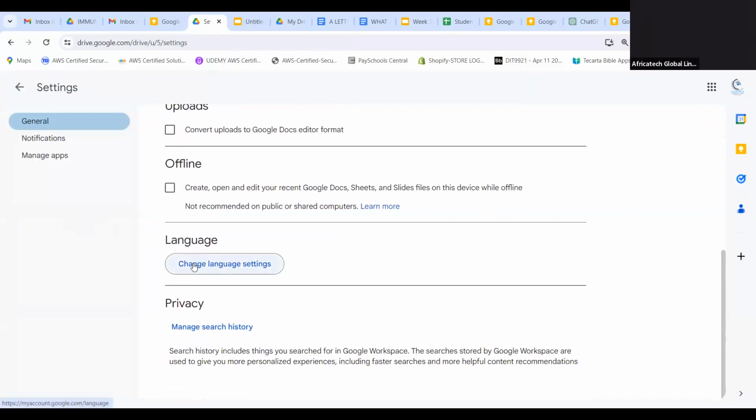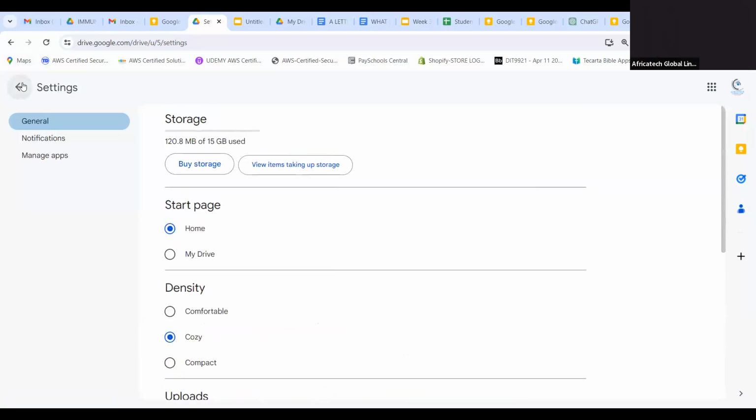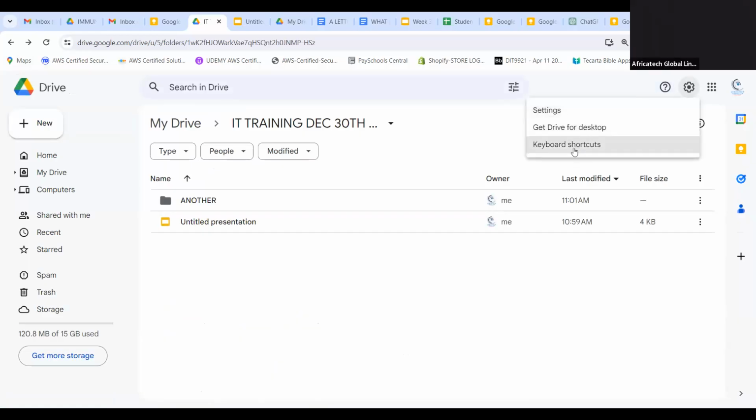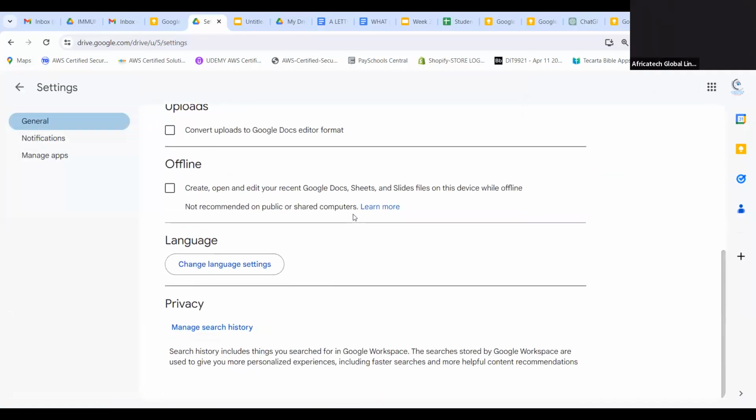Change language setting. You see here. Samasi is right. I think you go to... You see what I did? I went here. Just look at my computer right now. I'll show you. I went to settings. I went to settings again, and